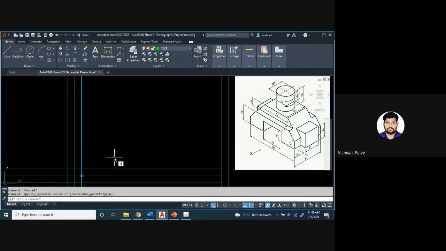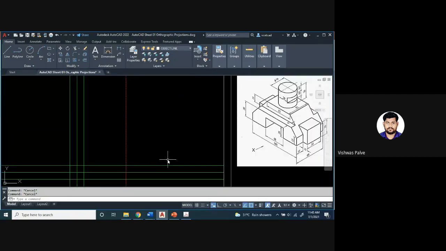Okay, whenever we are drawing with AutoCAD, I will take an offset distance of 60 millimeter on this side. I will convert this into a center line. After that, I want to draw an object line. I'll take the object line.